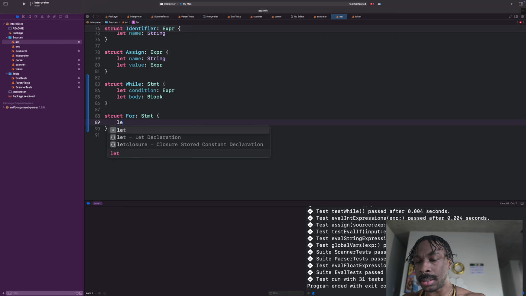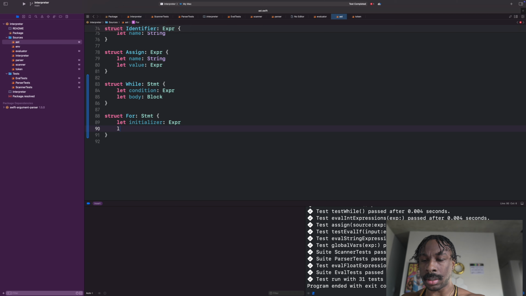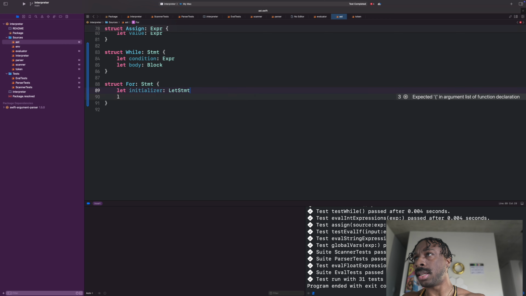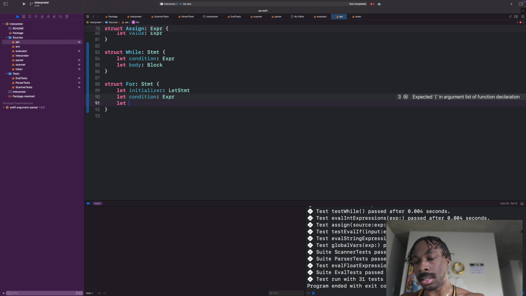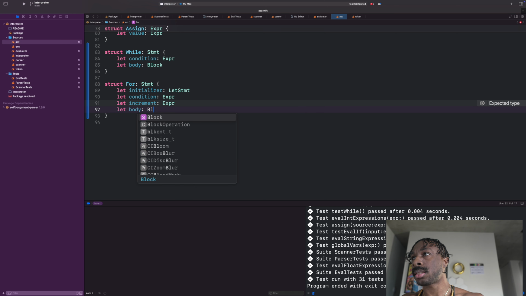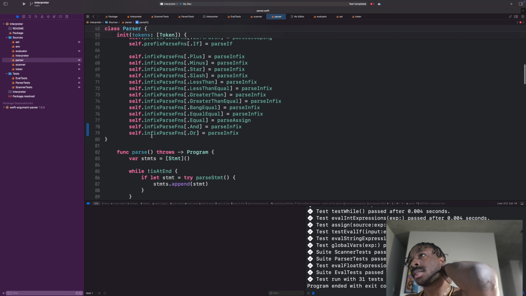So, okay, we need an initializer, which will be an expression, or actually, it'll be a let statement. Then the condition will be an expression, and the increment, which also is an expression. Then the body would be a block. Okay, so we just have to parse that, nothing new, so we're gonna check